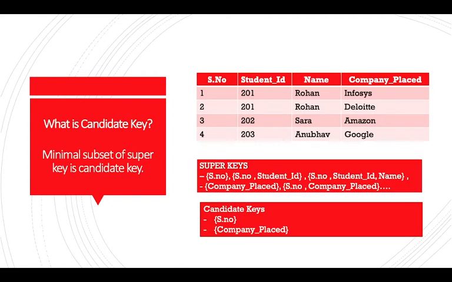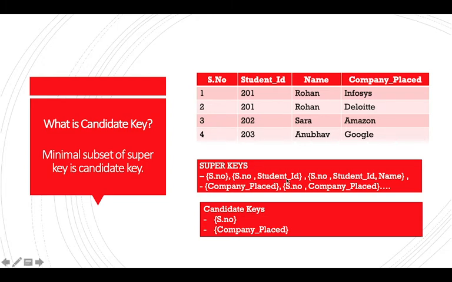Moving ahead, we have our candidate key. So what is a candidate key? It is a minimal subset of a super key. Alright, let me explain this to you with an example. What is a minimal subset? If you remember, we chose super keys which were individual keys as well as groups of keys. So I can choose student number, student ID, or student number, student ID, name as my super keys. But if you notice, this is just unnecessary pairing of attributes together, right? So a candidate key is basically the minimal subset of a super key.